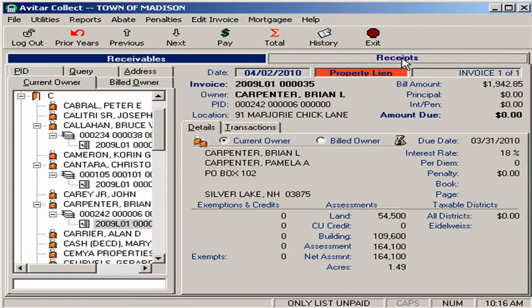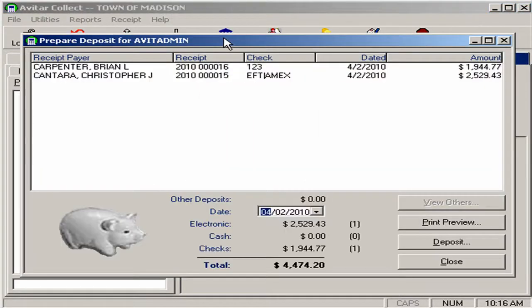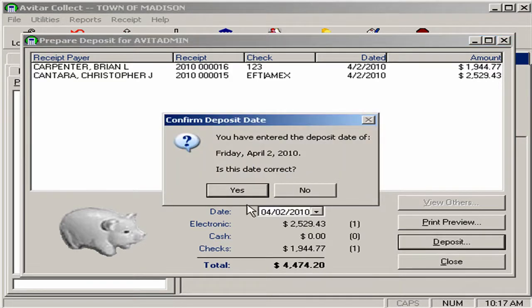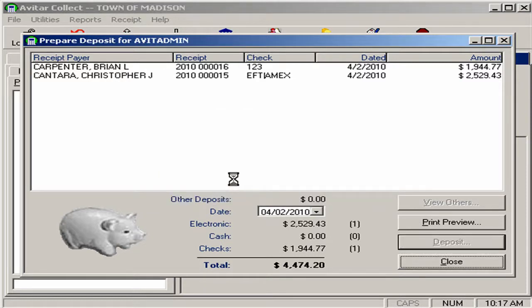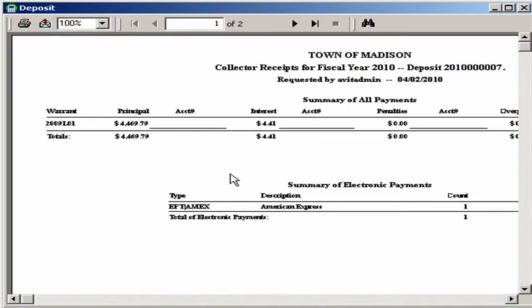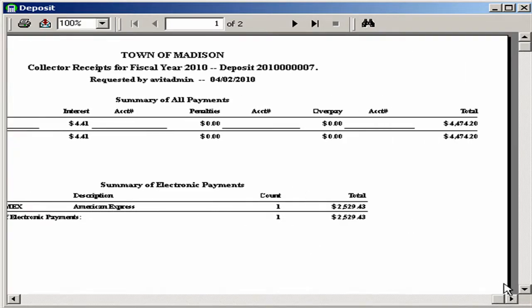and now we'll go to our deposit. This time, because I chose to include the electronic funds in with my deposit for the day, I have my electronic payment, I have my check, and the total includes both. When I click deposit, this report still looks the same. It's the total of all the payments with the breakdown of your EFT payments showing the total. If I go to the next page,